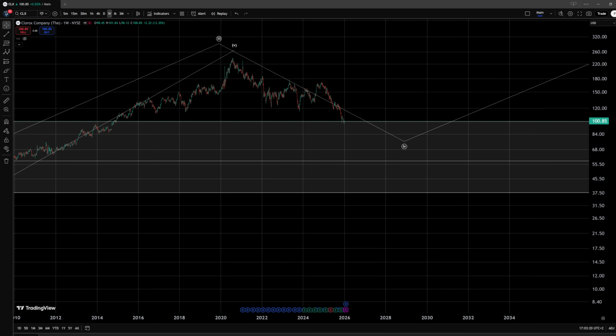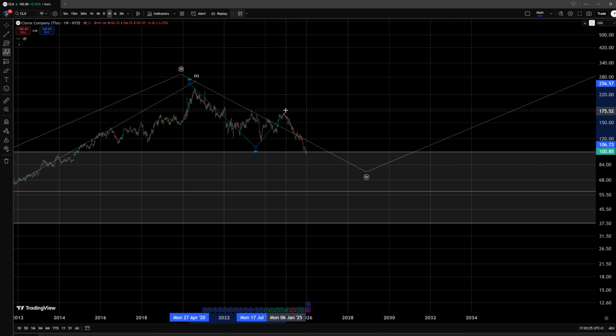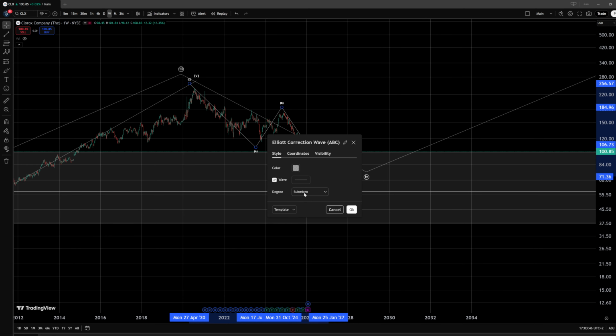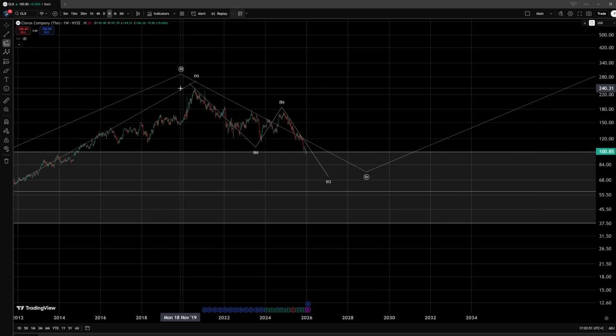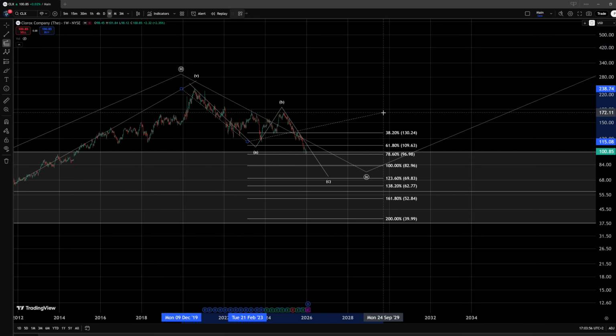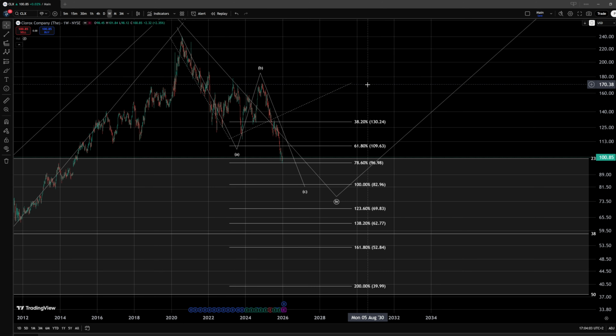Now, in this area within the wave 4 correction, I am at the moment tracking something like an ABC movement to be developing, where within the wave C, I am tracking a 5-wave move to the downside. And since we already have the wave A bottom and the wave B top, we can even look for an ideal target for such an extension, although we will get more information if we look internally for the structure to actually be developing. Now, so far we have the 100% extension at the $83 level, which is the ideal target